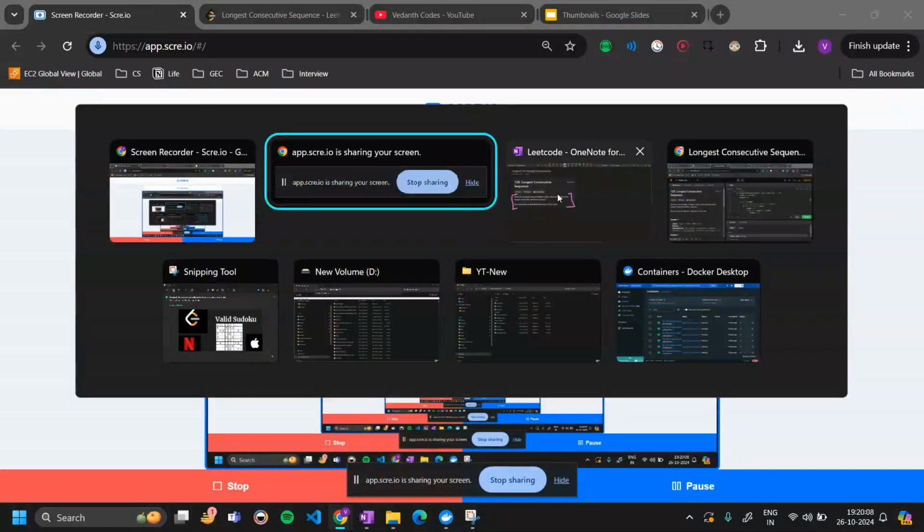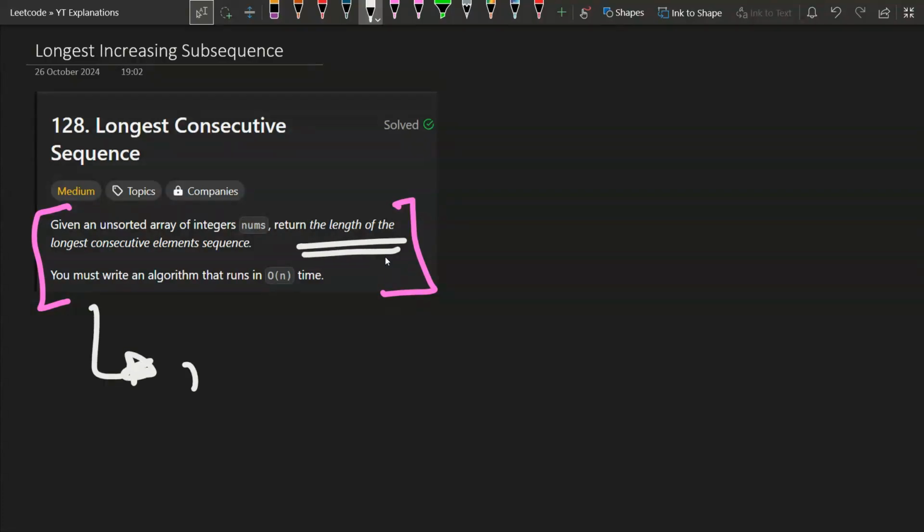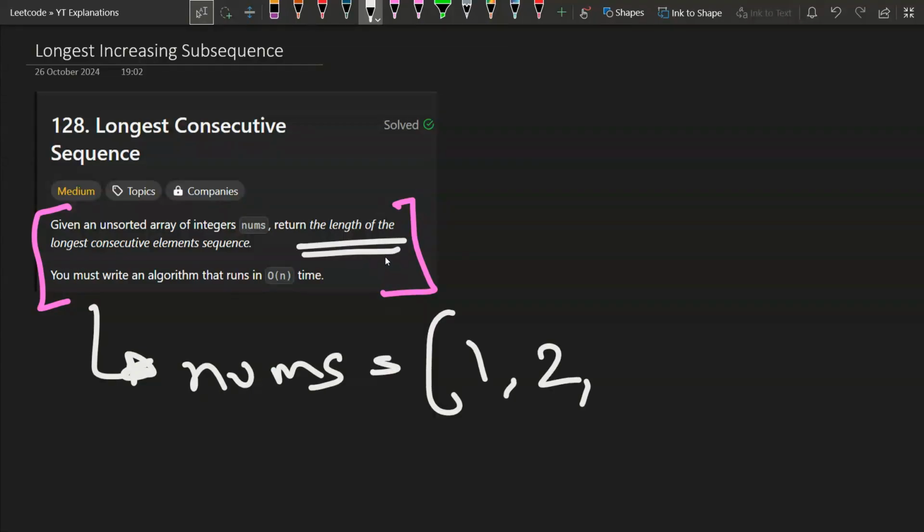Hi everyone, in this video let's solve the problem Leetcode 128 longest consecutive sequence. So the problem states that given an unsorted array of integers nums, return the length of the longest consecutive element sequence. So if we take array nums as 1, 2, 100, 200,